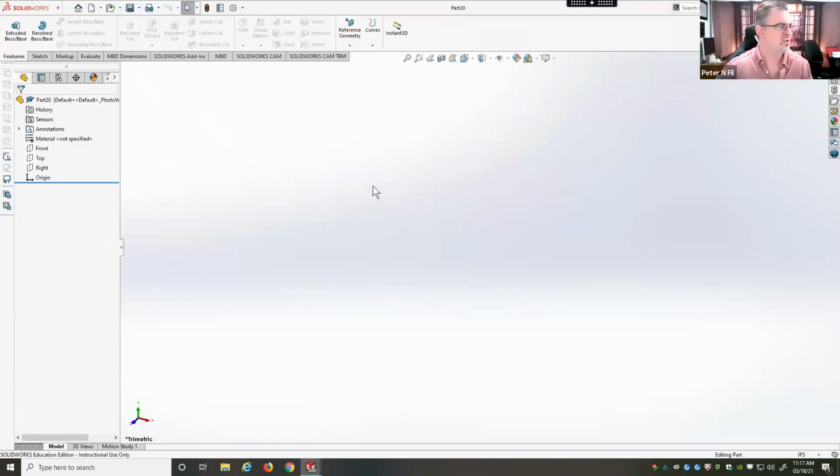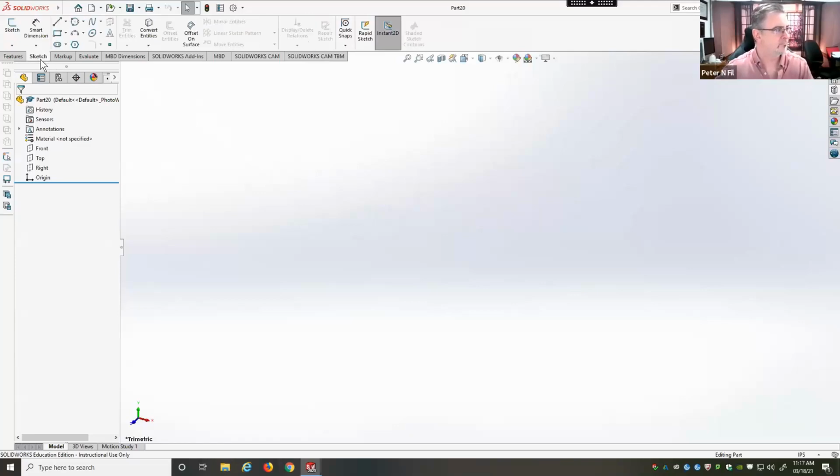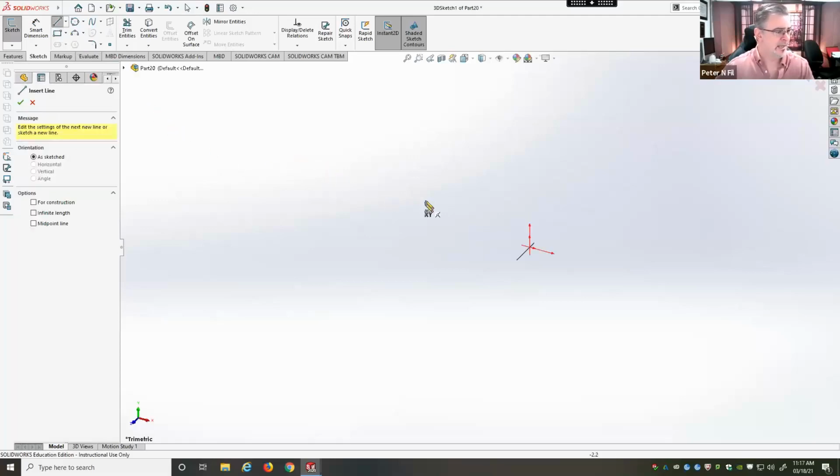With 3D sketching, you have it under the option of sketch. Okay. So you click on 3D sketch, and you would use the line tool. I might make this up a little bit as I go because I haven't done it in a while, but you're going to be changing planes. Okay. So if I start at the origin